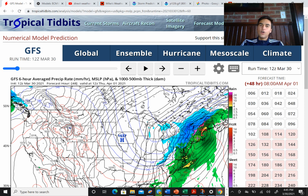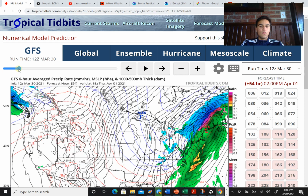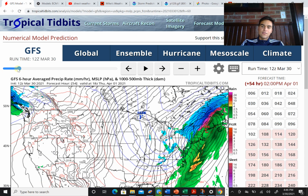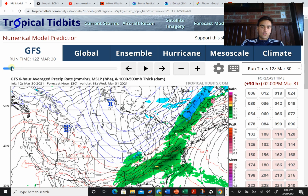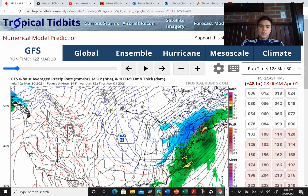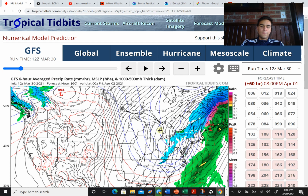However, there maybe still could be that slight chance of some snow, especially closer towards early Friday morning and late Thursday night, where the cities will experience the back and much colder side of this storm. So there could be a chance of snow, but the reason why the immediate coastal cities are not expected to receive snow is mainly due to the timing, because by the time the low pressure system moves further northward and begins to expand its area of snowfall, the snow area is going to be a little bit too far north